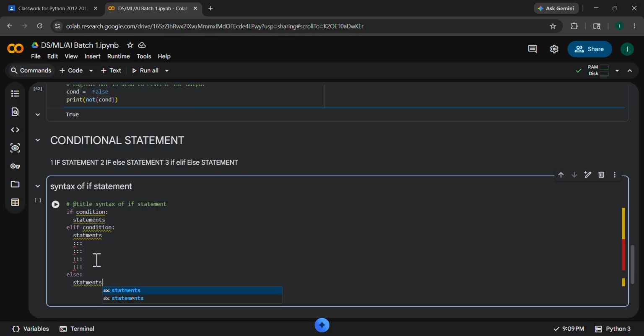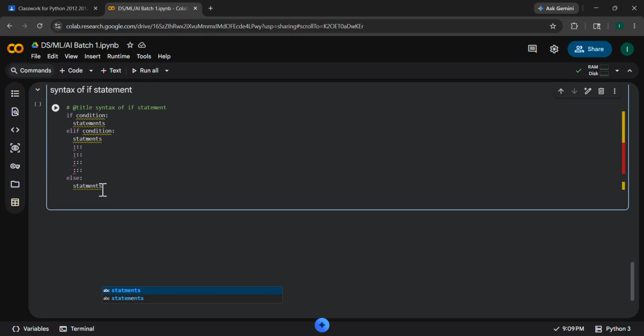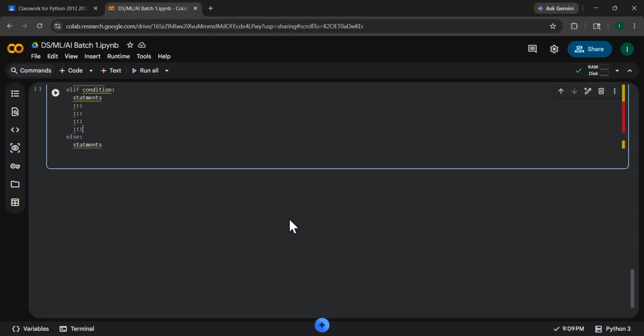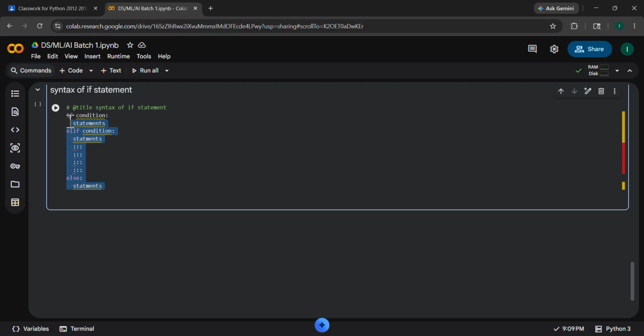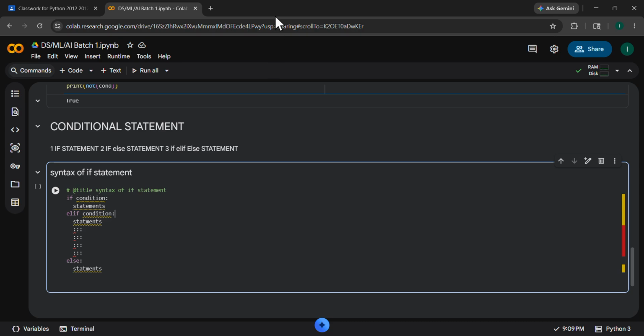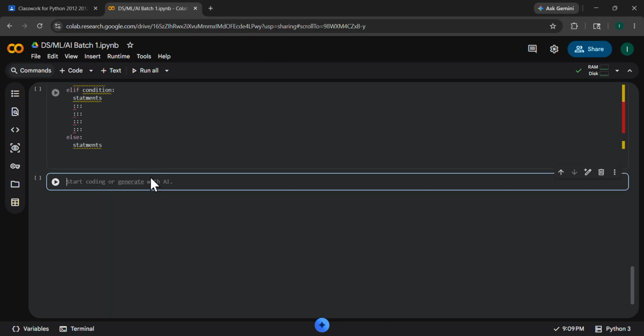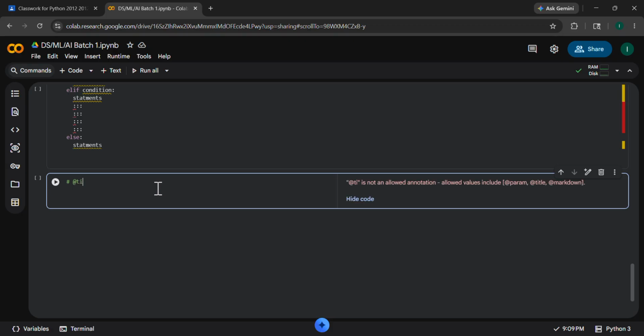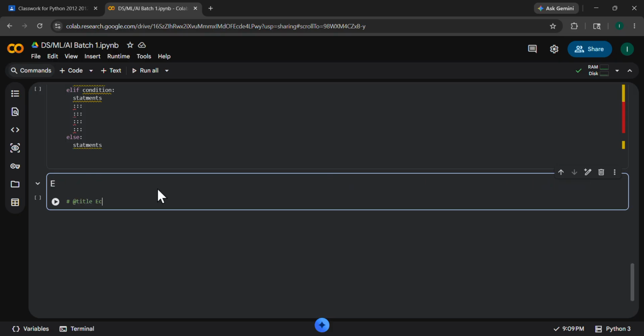And next is understanding how to run this program, and we start with understanding this syntax and all the condition statements. For the first example, I will write the title, example